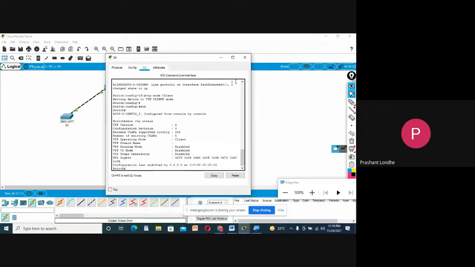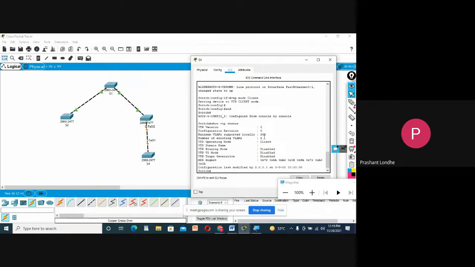Here you can see we are also not able to see any kind of VLAN available.